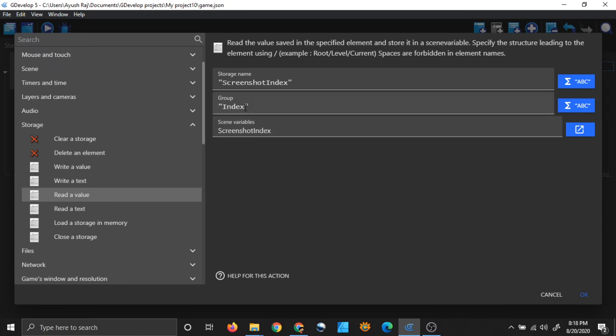What I am doing is reading the value index from the screenshot index file and putting it in my scene variable screenshot index. You saw that I had a scene variable called screenshot index, and that's where I am storing the value index. So I hope you can understand.